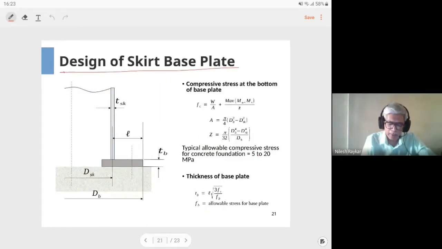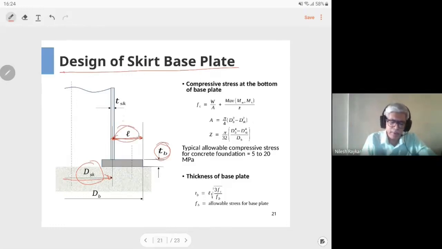Okay, the base plate design. In the base plate design, you essentially have to calculate the thickness of the base plate and the width of the base plate. Yesterday Chandan pointed out a mistake. The DSK in the calculations is the mean diameter of the skirt, and this particular figure is corrected here. In the initial version, this was shown as the inside diameter, or some error was there. And this L is also to be considered from the mean center line of the skirt. So these are the two unknowns to be determined in the base plate design.